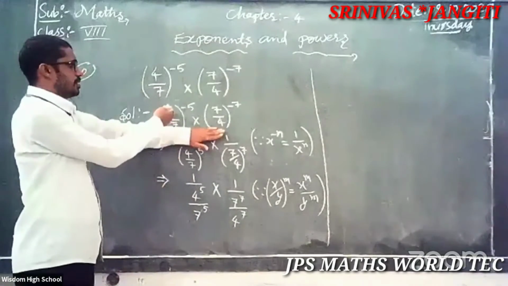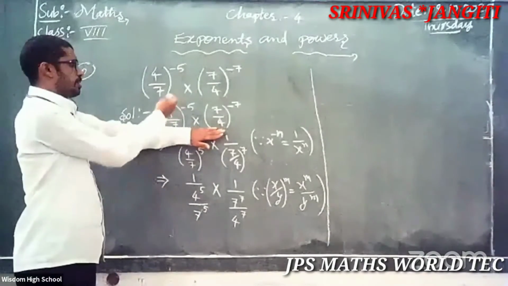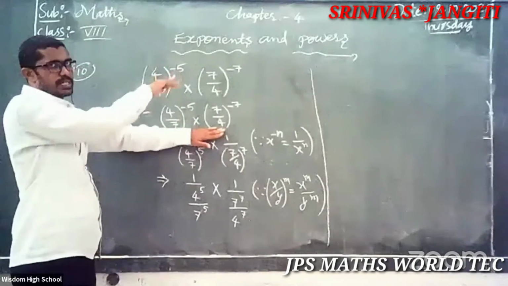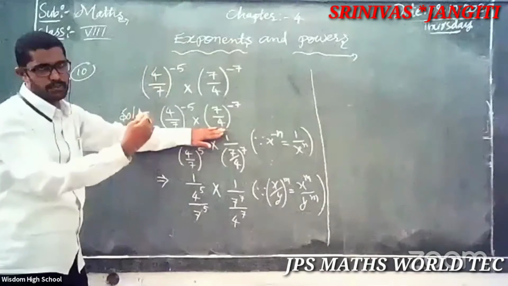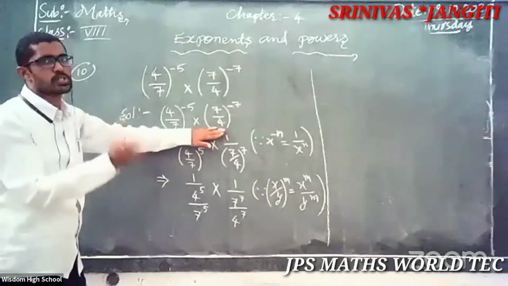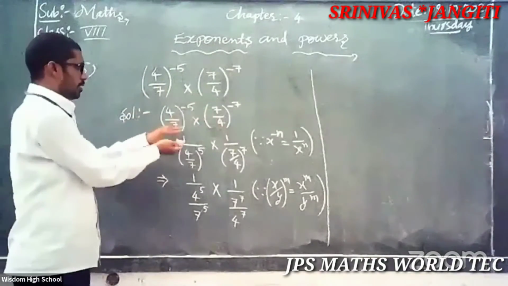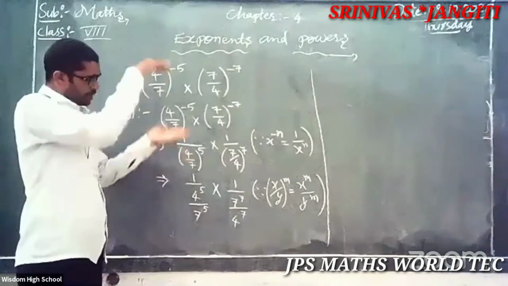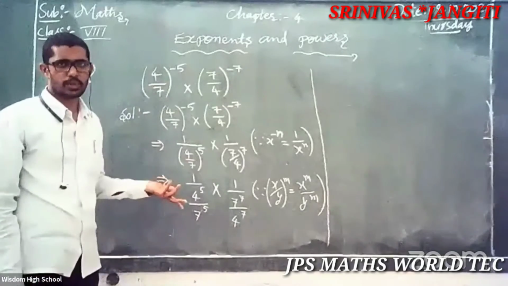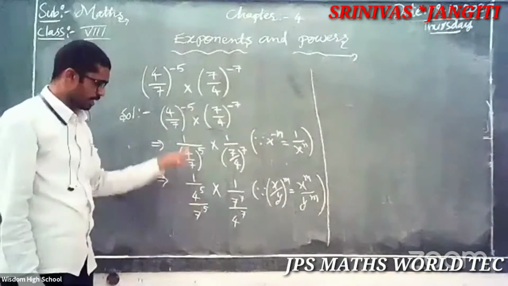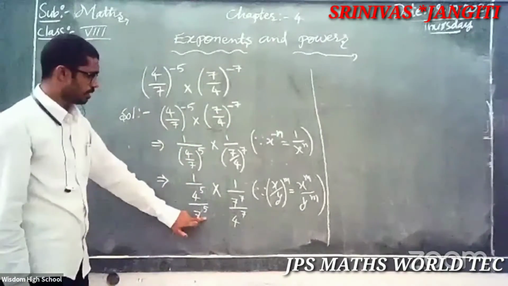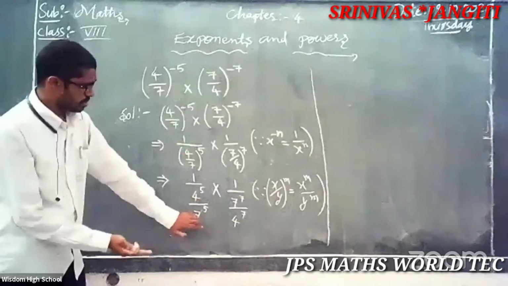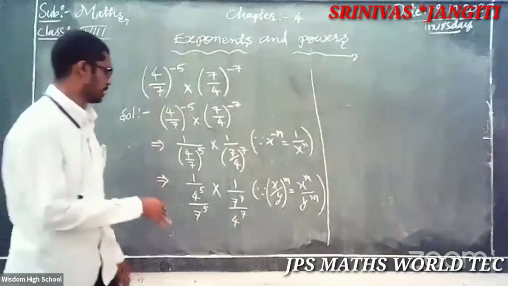What is here, sir? This 4 to the power of minus 5, 7 to the power of minus 5. Then reverse. What is it? x to the power of minus n is equal to 1 by x to the power of n. 1 by x to the power of minus n is equal to x to the power of n. Then down minus, second goes upside as a plus. Upside is a minus, second comes down as a plus. Simple. Like this is also not a problem. What happened here? This one is upside, this is down. You know why? Because of by. So now the numerator becomes the denominator. How that is, you will know.